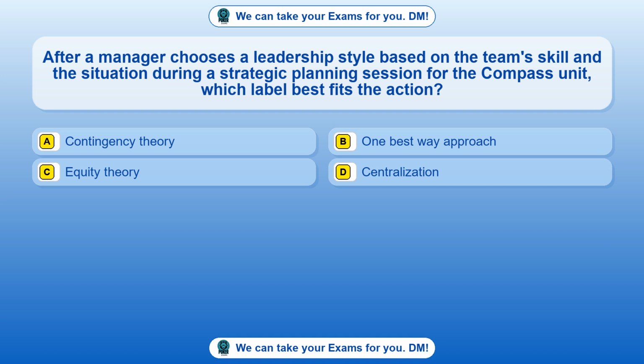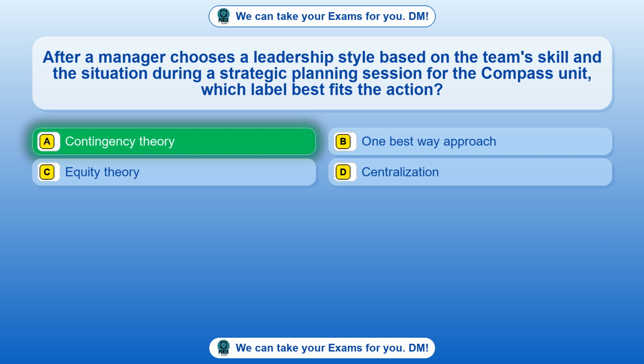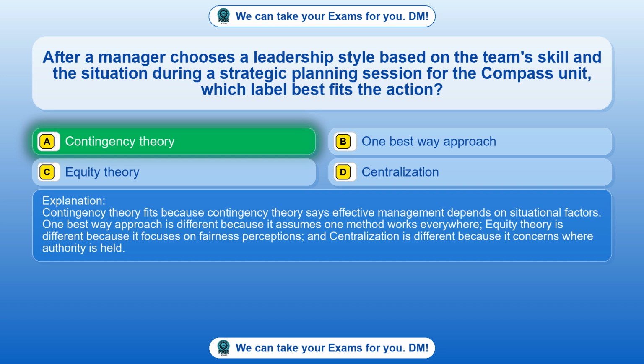Option D, centralization. The correct answer is option A, contingency theory. Contingency theory fits because contingency theory says effective management depends on situational factors. One best way approach is different because it assumes one method works everywhere. Equity theory is different because it focuses on fairness perceptions, and centralization is different because it concerns where authority is